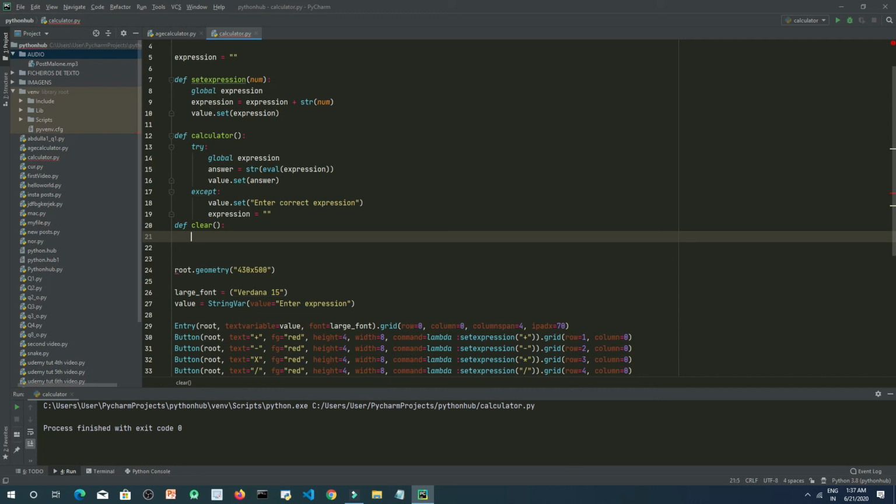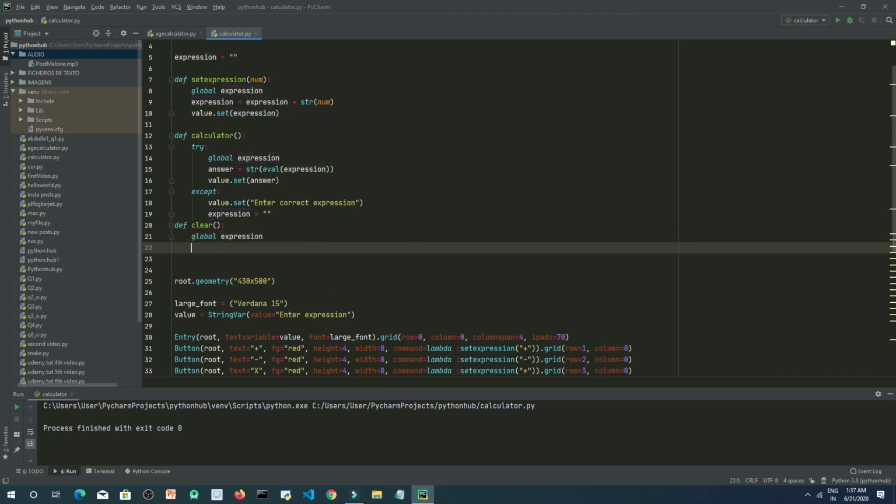We will use the expression variable again. Let's first set it to be global and then type expression. So we will make it null, right? That is, we want nothing to be inside the expression in the entry widget. So expression equals null.